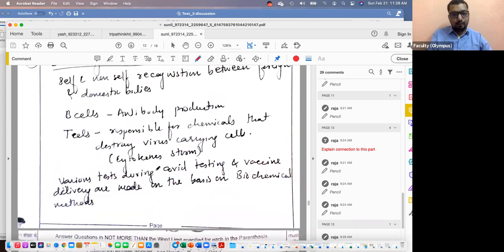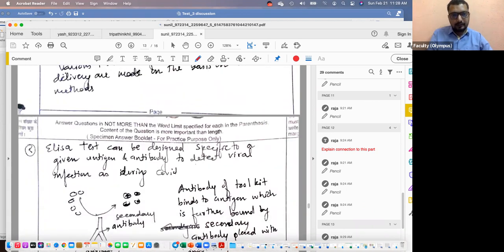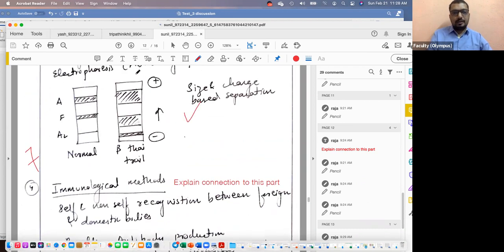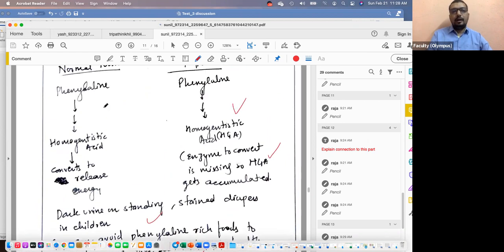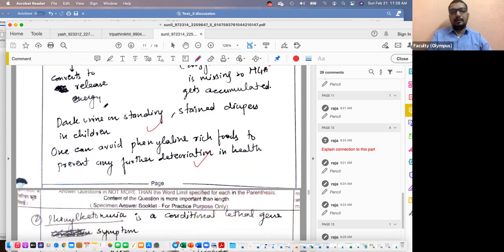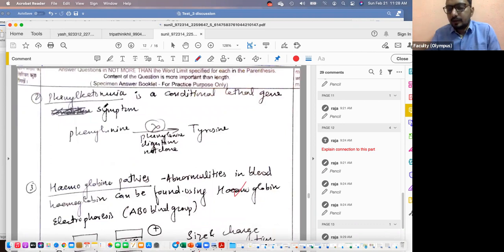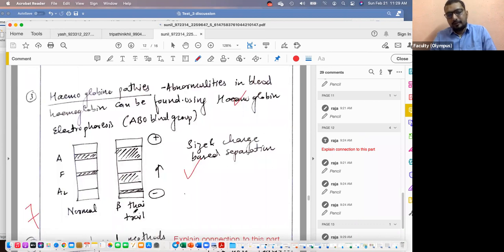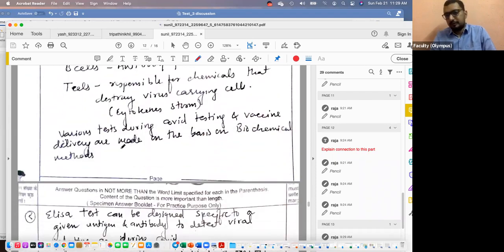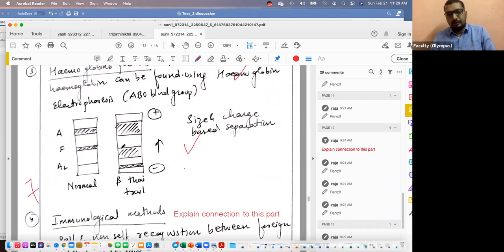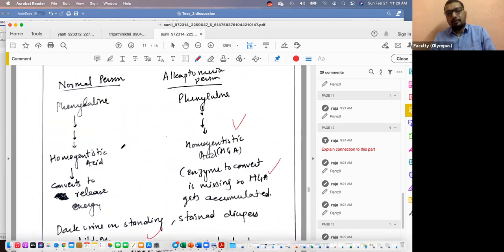But I don't expect too much of answer for the second part. This is not needed at all. Brief information is enough. Otherwise, I wanted to expand more on hemoglobinopathies, phenylketonuria, and alkaptonuria. Mention simple biochemical tests or protein polymorphism studies are useful. Electrophoresis like methods are useful. Don't try to explain the details about the methods and don't need to add all these components of immunological methods and antibodies. Because hemoglobinopathies, phenylketonuria, alkaptonuria are sufficient enough. Just expand on those three.